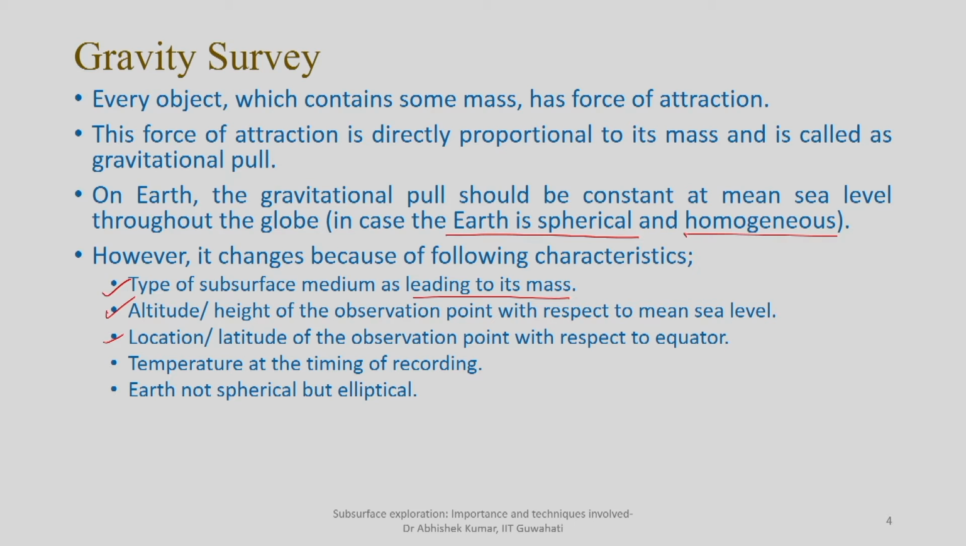The best way is, if you consider the change in gravitational pull with respect to its location, we can take into account the latitude of the observation point with respect to the equator. So, particularly when we take into account the change, we always measure the normalized value with respect to the equator. Then next one is temperature at the time of recording, that can also affect your